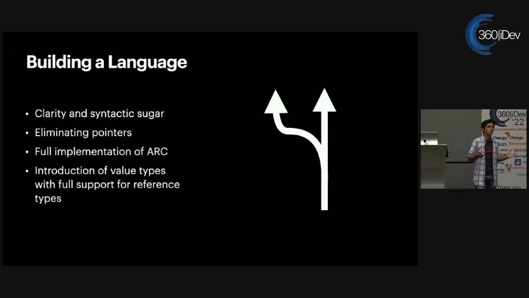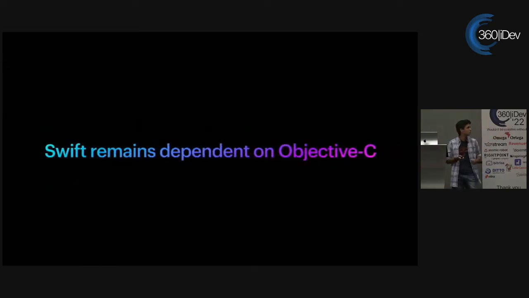Now, in Objective-C, structs are discouraged, to say the least. Everything in Objective-C is founded on classes. You want to make a view, it's a class. You want to make a view controller, it's another class. Soon enough, you have a million classes with a million different references to each other, and handling that memory management becomes very complex. But with Swift, we now have value types that are not your only option by any stretch, but if your project is better suited for value types, you have value types.